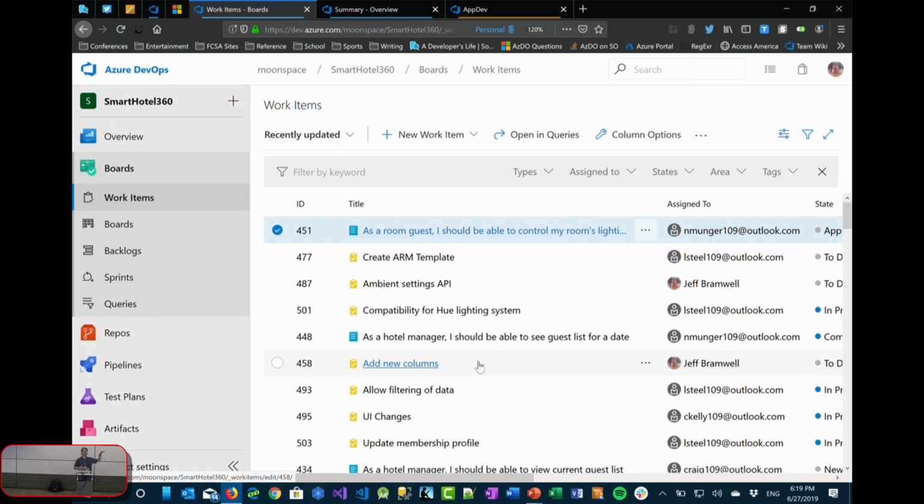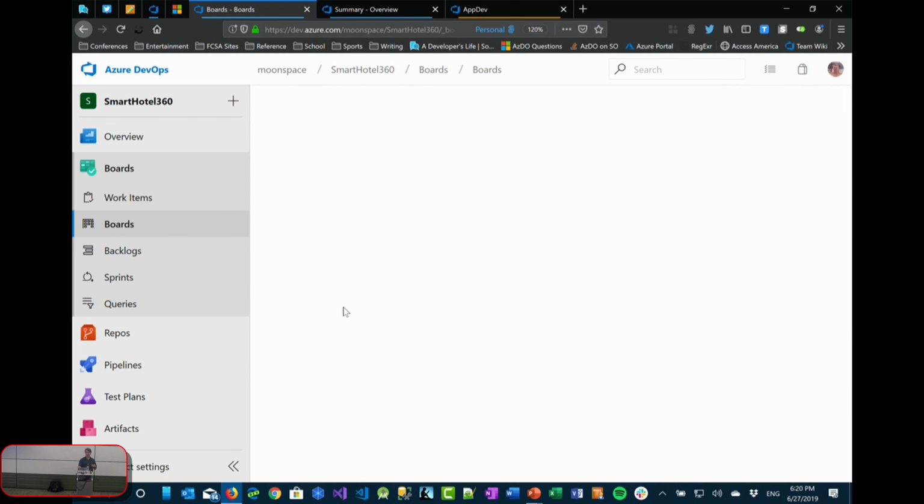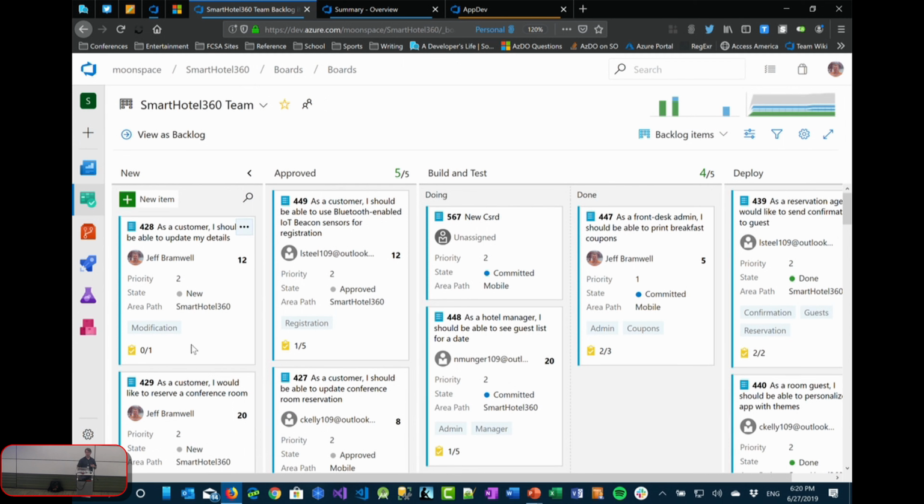So back up again. If I go to boards, I'm going to push this over just to get more on here. So this is the actual board view itself. And the resolution makes it a little harder to get it all on the screen up there. But this is kind of what you would expect it to be. So your process is essentially lined up in the columns. So we got something over here. These are all new, meaning essentially they've been created, but no one's touched them yet. So you can think of that as your backlog.